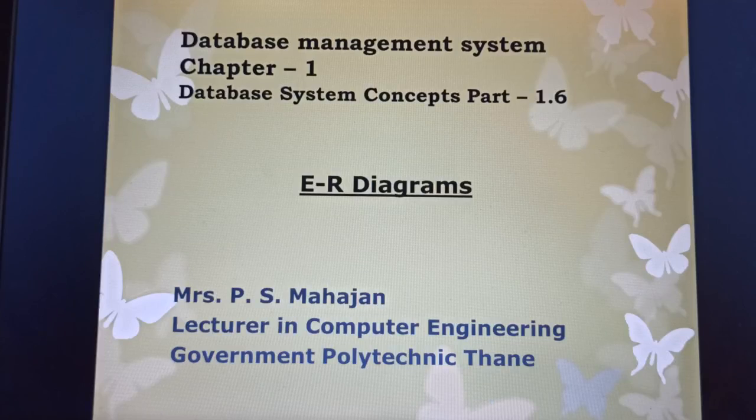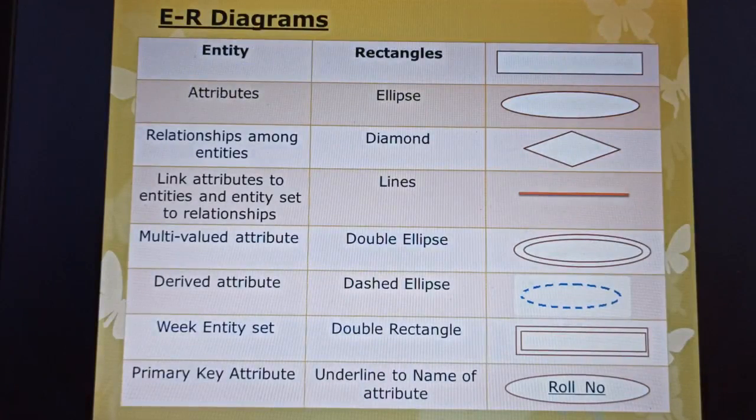In the last module we have seen the ER model. In that we have seen entities, relationships, relationship sets and various types of attributes. Now we will concentrate on ER diagrams. The overall logical structure of a database can be expressed graphically by an ER diagram, which is built up from the following components,